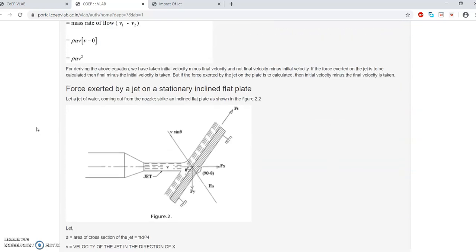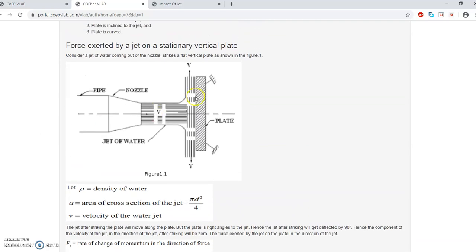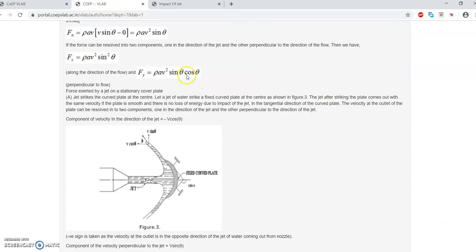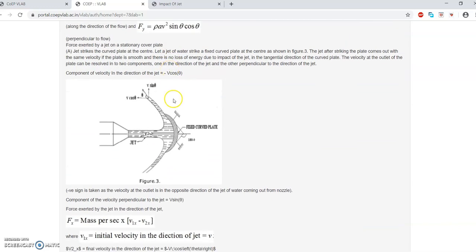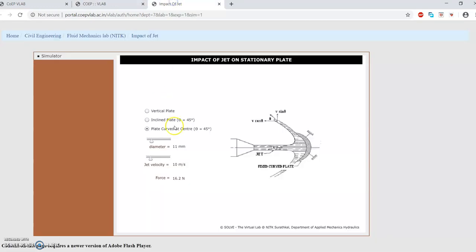Okay, the basic difference in short is that look at the output velocity here. Our output velocity is 0, right? But if you try to compare it in the case of this curved plate, you will see that the initial velocity V is along the x-axis, and look at the output velocity of the fluid here. It is flowing in this direction, right? So if you are trying to find out force along the x-axis, these two things are kind of opposite in nature. So what will happen is that this V2 gets added into V1. That's why we get the more value of force here, right? So there are certain things that you can learn from this, and you can apply it in your own practical.